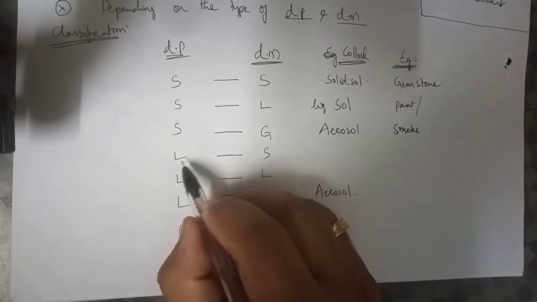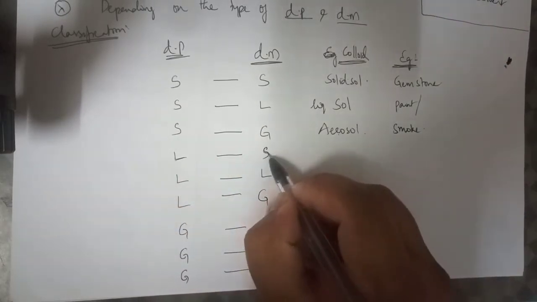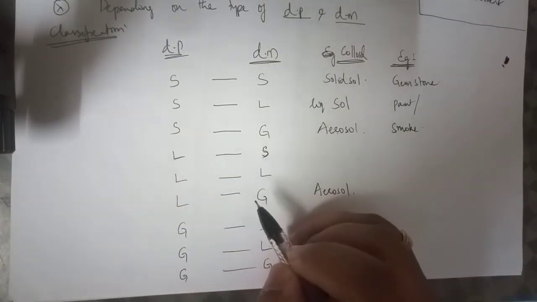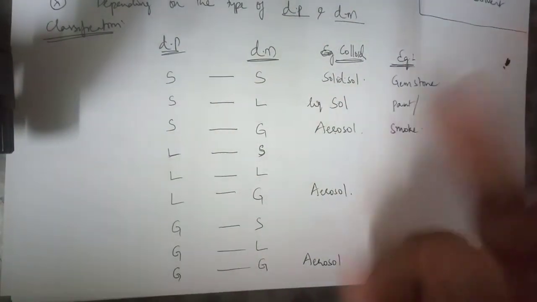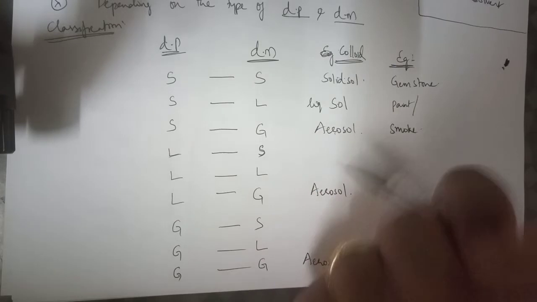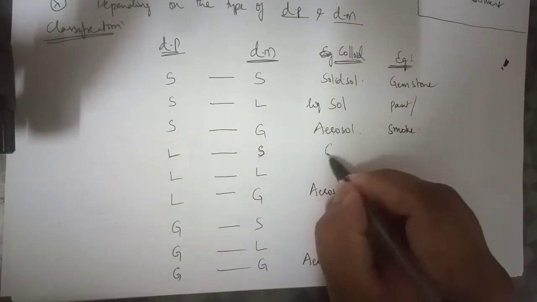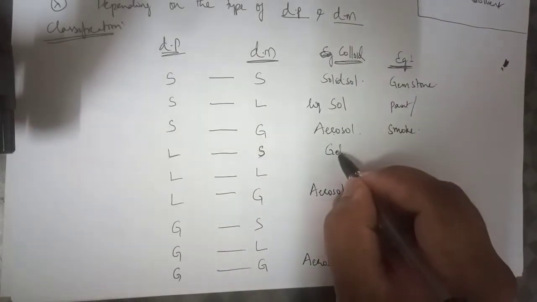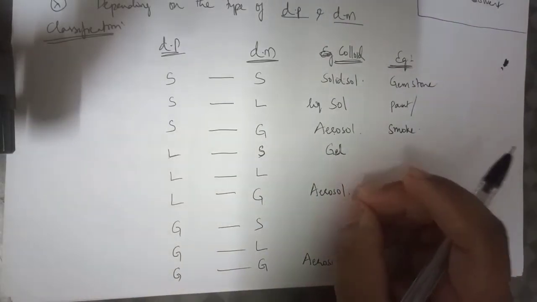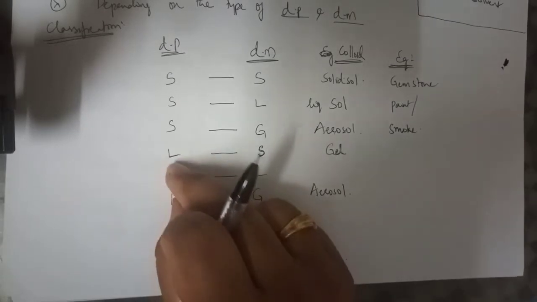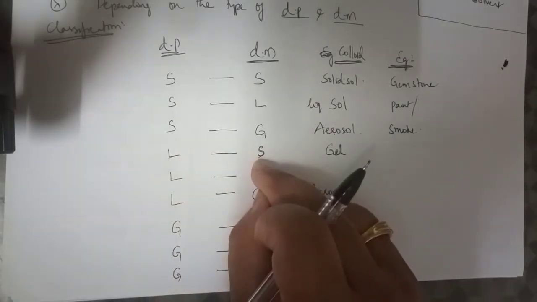Fine. And let's talk about liquid in solid. When you talk about liquid in solid, the best examples are cheese or jellies. You might have eaten those jelly things, right? This is called gels. Or you have the Colgate Max Fresh gel, and there is also the hair gel that you use, boys. The hair gel is nothing but liquid that is dispersed in a solid.